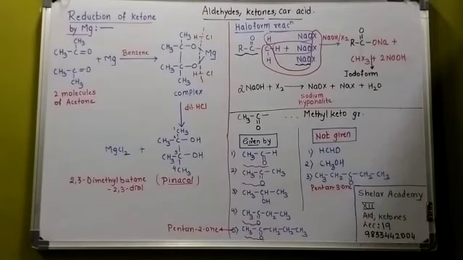Now pentan-2-ol and pentan-3-ol: 2-ol will give it, 3-ol will not. Same, what is the difference between propan-1-ol and propan-2-ol? Propan-1-ol will not give it, 2-ol will. So the reaction is given positive by all the compounds which contain the CH3CO group. So that is the importance of the iodoform reaction. The same is called a haloform reaction. Okay, then we proceed with the next reactions in the next lecture.